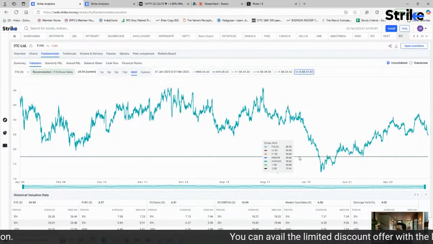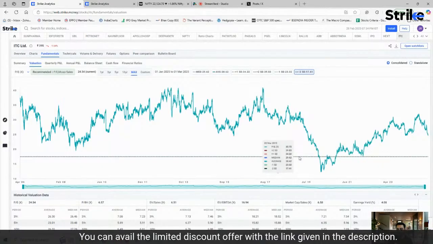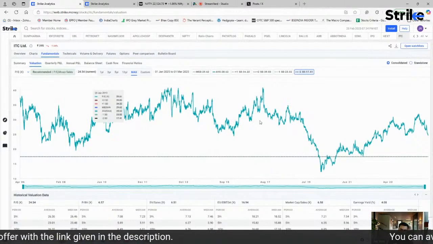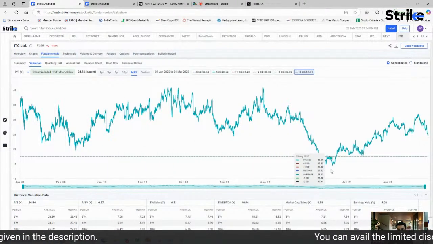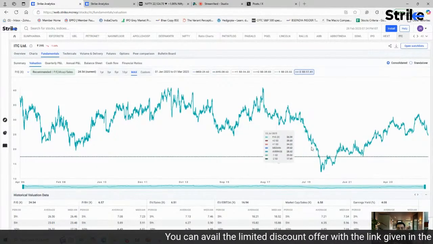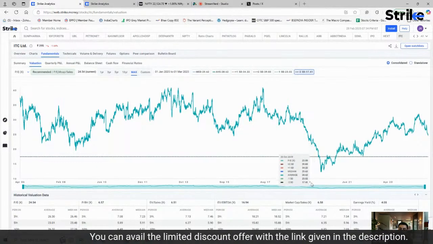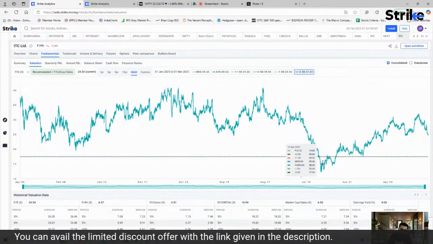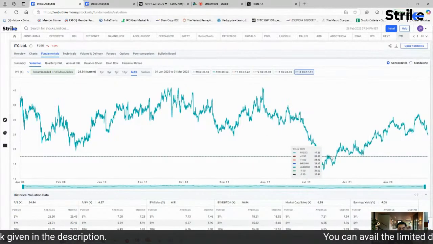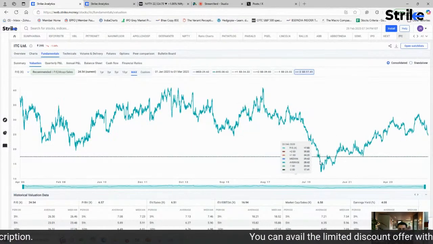Here we could also keep -3 SD, but reaching -3 SD is not really possible; it comes very rarely. When we were putting +3 SD or -3 SD, the chart was getting very distorted. That's why we have not kept it, because 90 to 95% of the price action happens within minus and plus 2 SD only. So we thought this was fair enough, and it gives you a fair idea about where the valuation is.